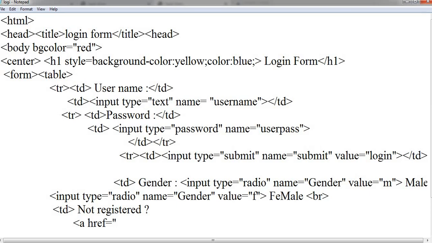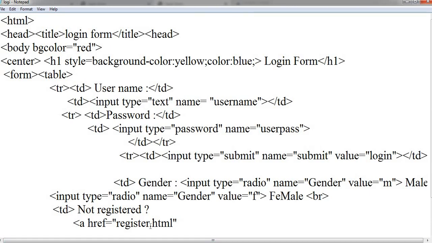We can give any form which I have created. So this is a form I have created in my computer. So I will give just the path for this.